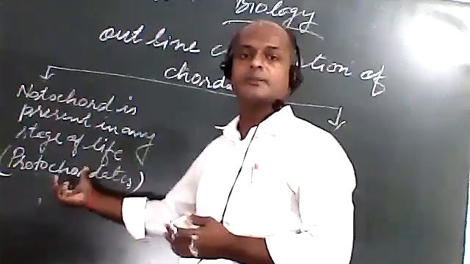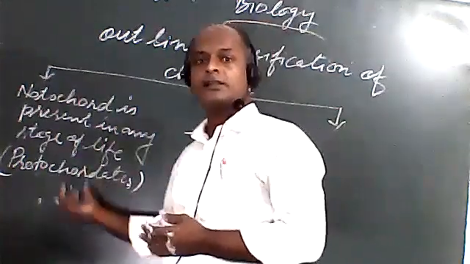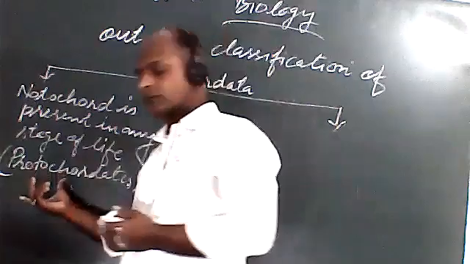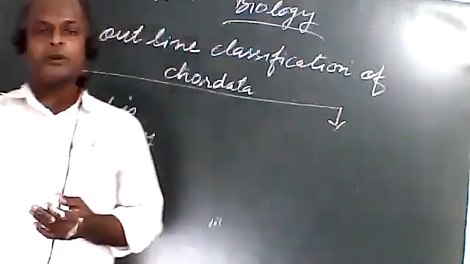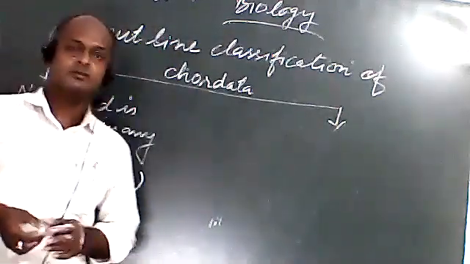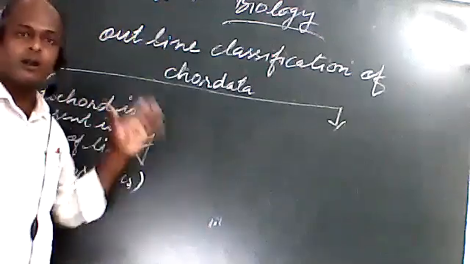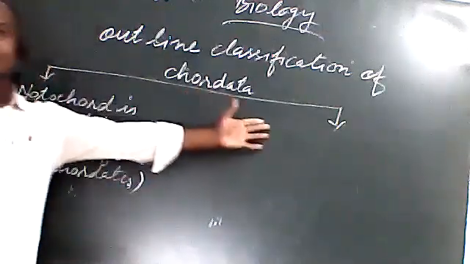Due to this they are considered protochordates, meaning primitive chordates. They are called primitive chordates because they do not have the proper characteristics of chordates, but notochord is present. And the next one, the second one, is